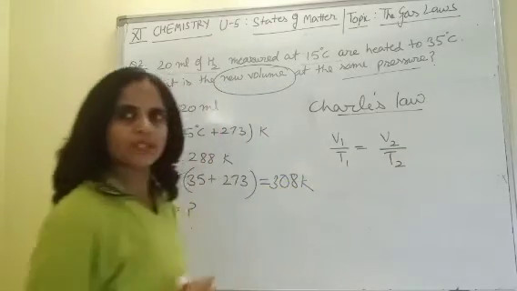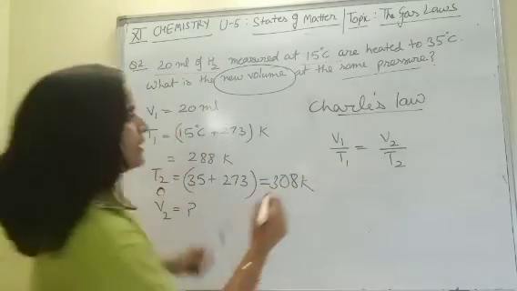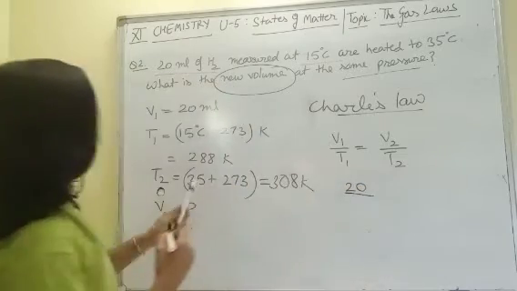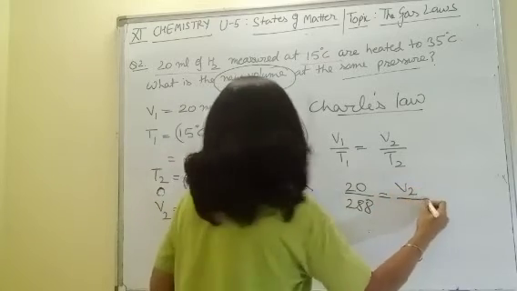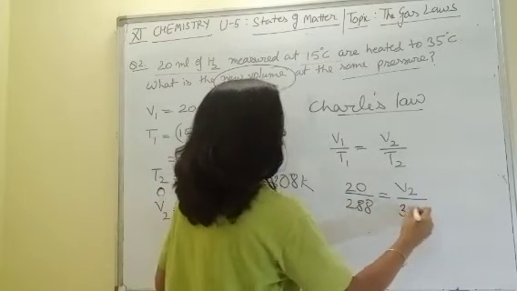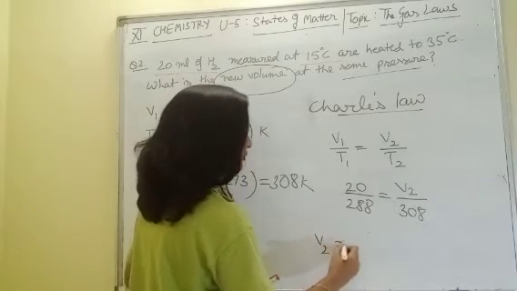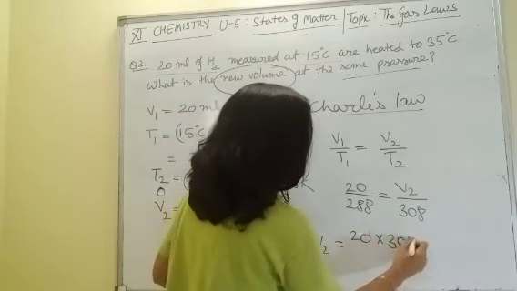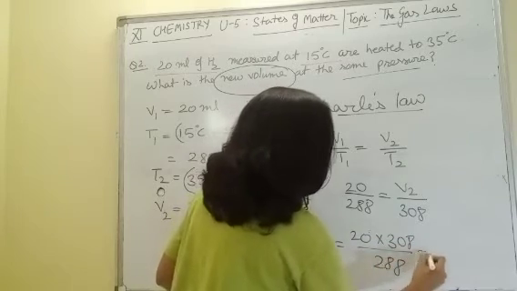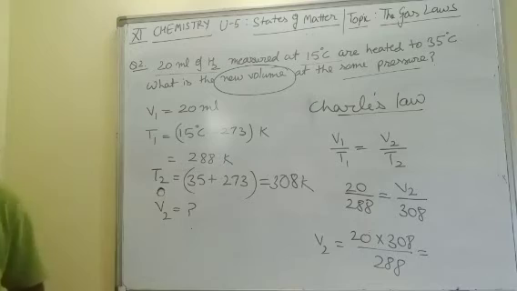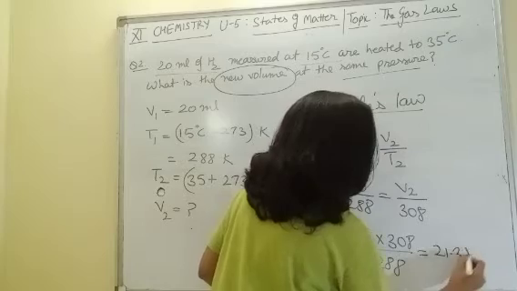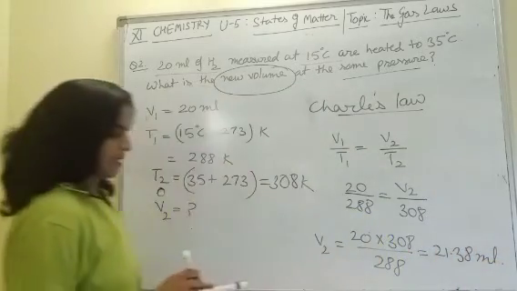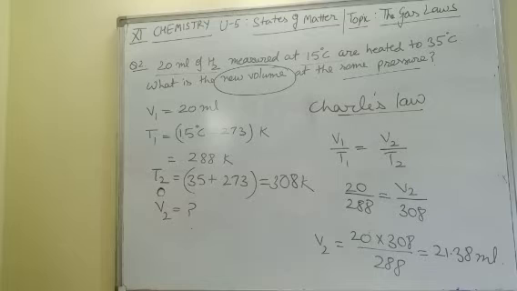Substitute the values. V1 20 ml, T1 288, V2 we have to calculate, and T2 308. Now you solve this question for V2. Yes, you can do this. On solving, you will get the answer 21.38 ml. So I think now this is clear to you. How do we solve the questions based on Charles' law? Now the next question is,